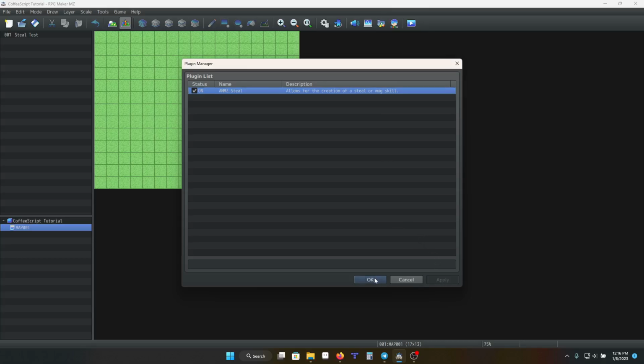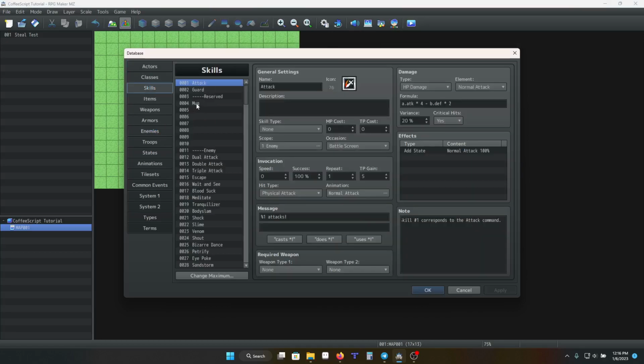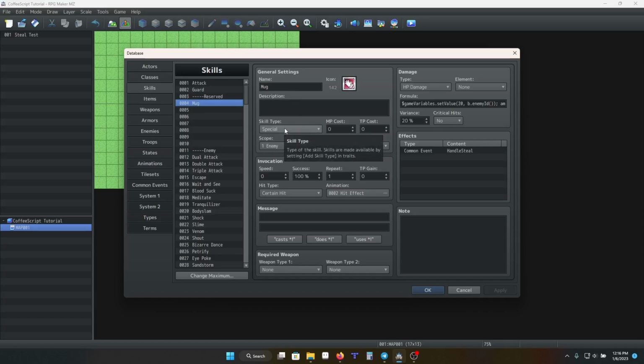Okay, so our plugin is on. Then we are going to go to the skills tab, and I have a skill called Mug, so you can call this whatever you want. You can set it to special, magic, whatever you'd like. Cost, all of this is completely however you want to set it up for your game. Then I'm going to have uses, so the character uses this ability. I'm going to say that it does HP damage. This has to be on, because if it's set to none, you can't use this bar here, and you need it. So I'm going to say that it does HP damage, no element,